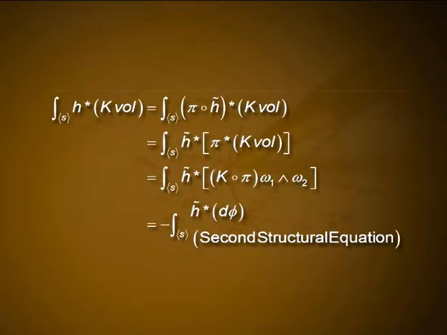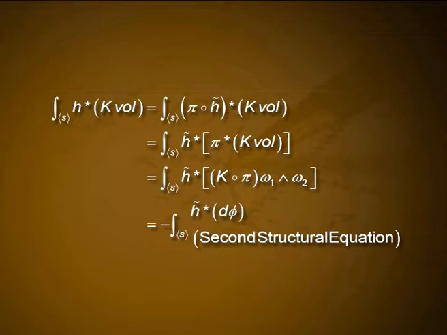By construction, π∘h̃ is equal to h. Moreover, h̃ has a smooth extension mapping a neighborhood of S into S_m. This may be checked via local coordinates. Now, the integral over S of h*k volume is equal to the integral over S of (π∘h̃)*k